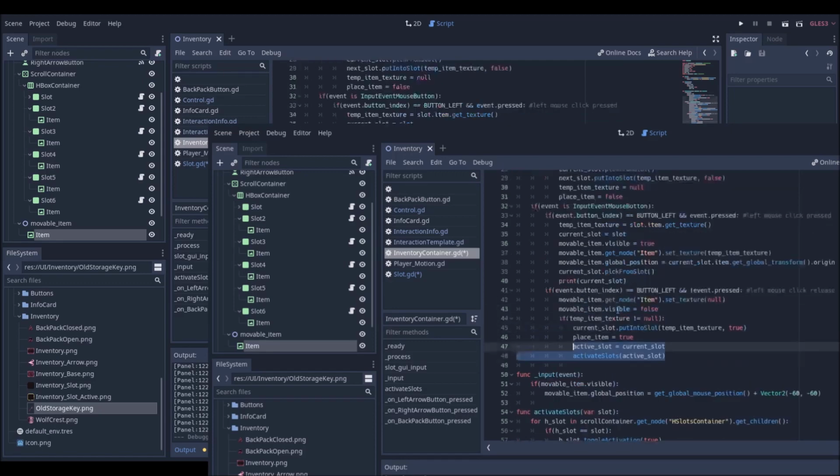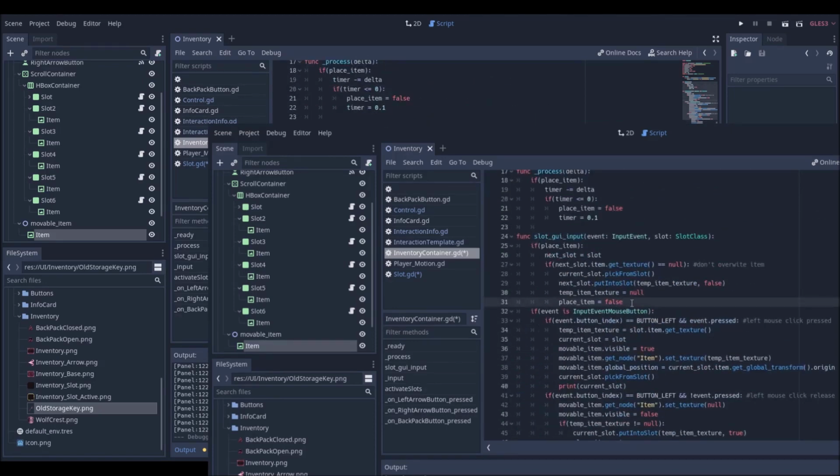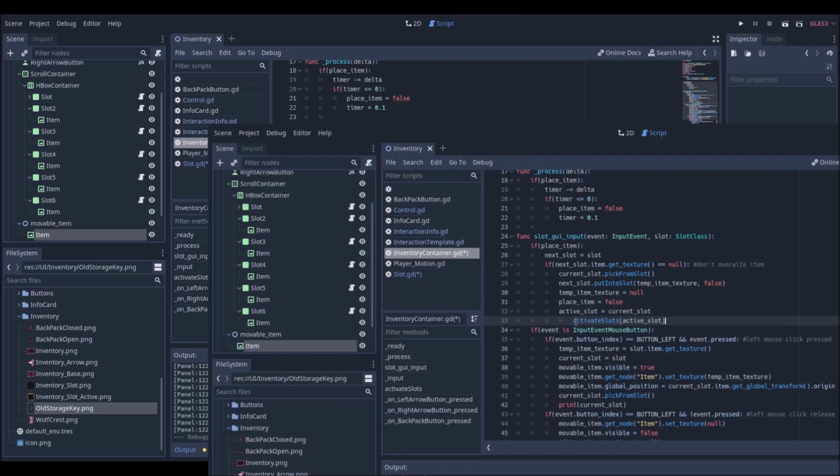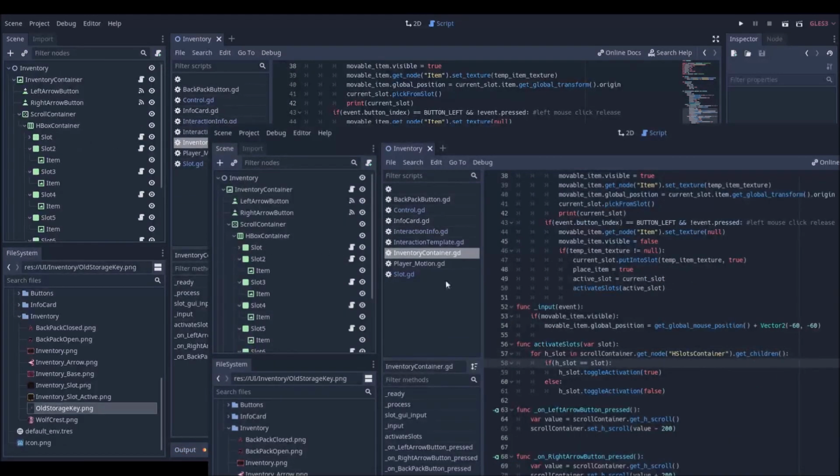And I do the same thing when I am putting it in the next slot. So this time my active slot becomes the next slot, and it activates this slot and deactivates the rest of the slots. And this is called HBlocks